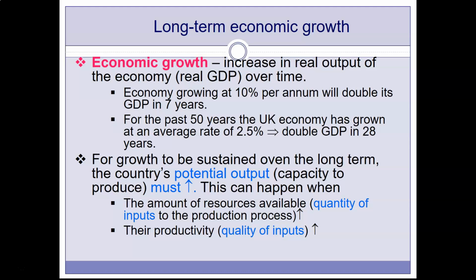Let's talk about the sources of economic growth. What exactly can encourage economic growth in a country? The thing is, economic growth implies not just an increase in the current production level, it implies an increase in the potential output. In other words, for economic growth to be sustained over the long term, we need to increase the potential production level, our capacity to produce output. In other words, we need to shift our production possibility frontier to the right.